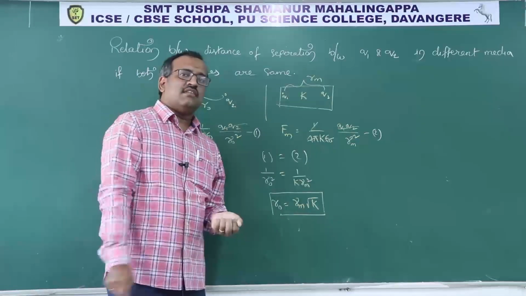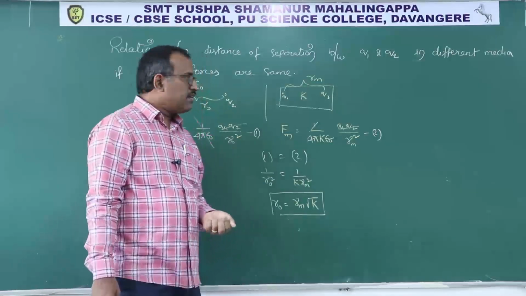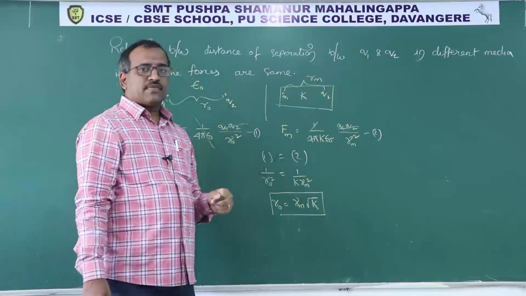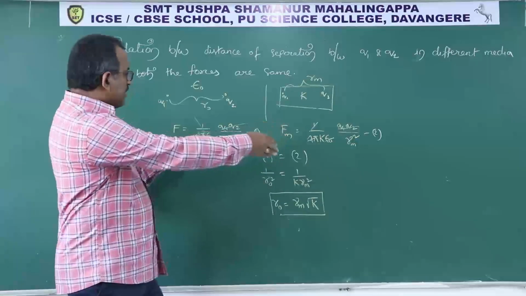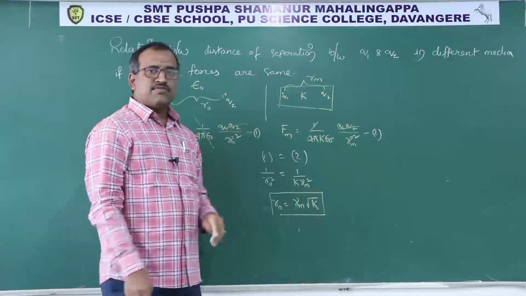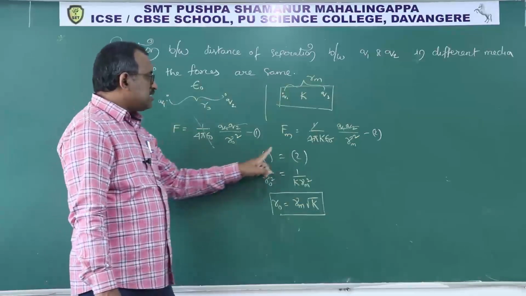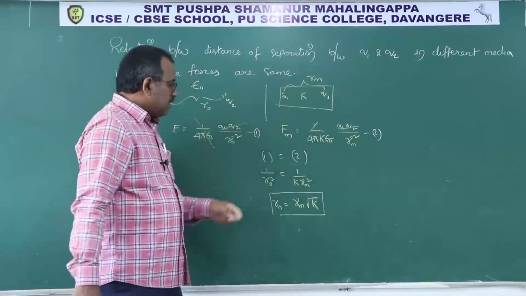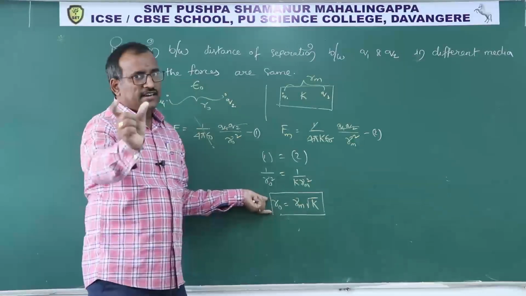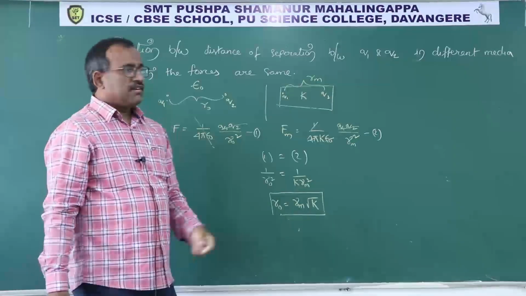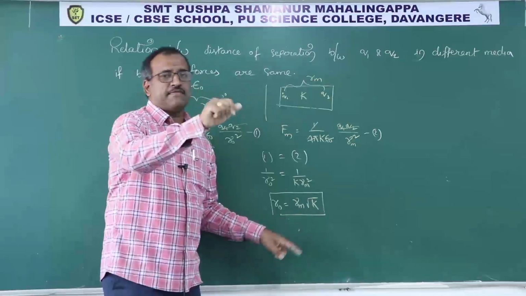You may think, how come, sir? Yes, distances are not same. R naught and Rm are different, it can be possible. Then what is the relation between them? As per the question, given forces are same, so F1 is equal to F2. If you equate them, 1 by 4 pi epsilon naught cancels, Q1 Q2 cancel, then 1 by R naught square equals 1 by K Rm square. Finally R naught, the air distance, if you remove this, will be equal to medium thickness into root K.